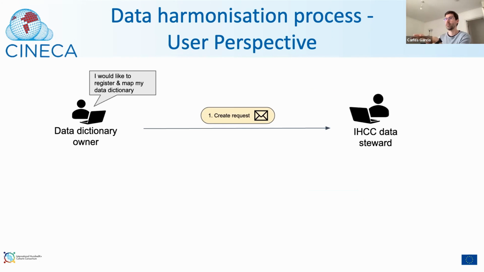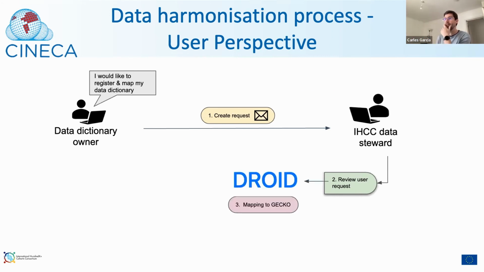We would get this request. We would check it. We would check that the Excel file is filled in correctly, and then we would do the process for mapping to Gecko. We use a workflow that is called Droid, that I will show you now, and it's just different steps that we need to do in order to do this Gecko mapping. After doing this, we create a Google Sheet